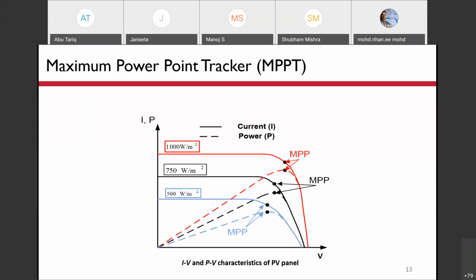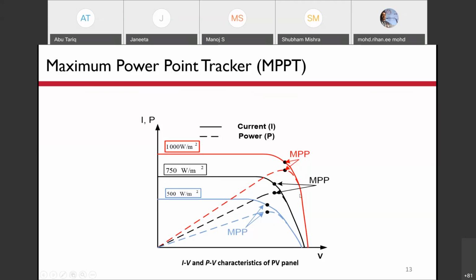Suppose we start loading the PV array from the open circuit condition. You can see that the current rises. The voltage remains practically constant. It reduces slightly as in other voltage sources, for example, a battery. If you load the battery, increase the load, the current will increase, but the voltage will also decrease slightly. So it is behaving as a normal DC voltage source.